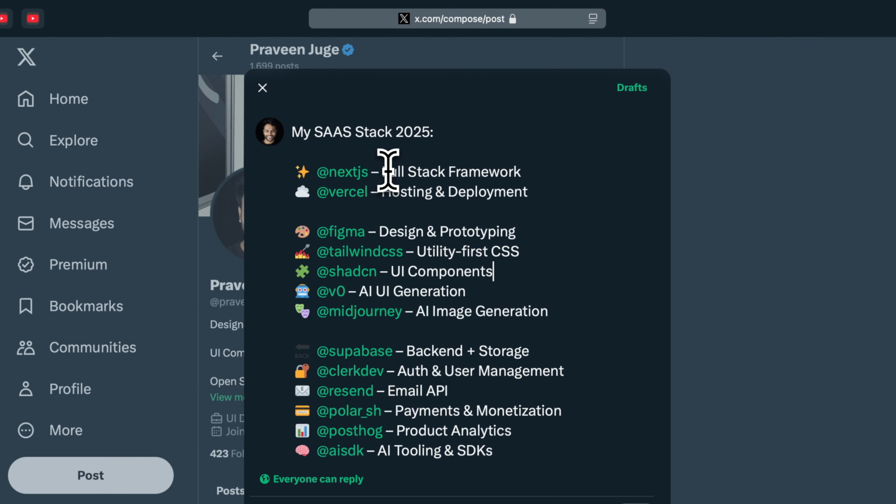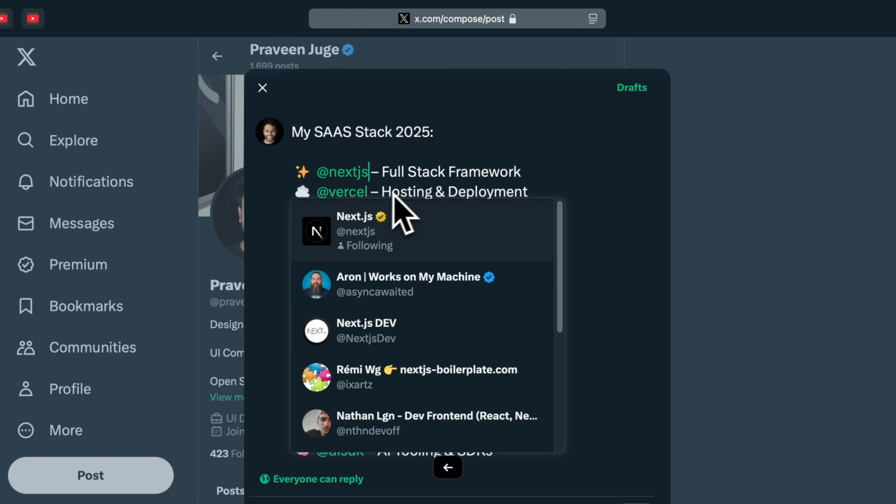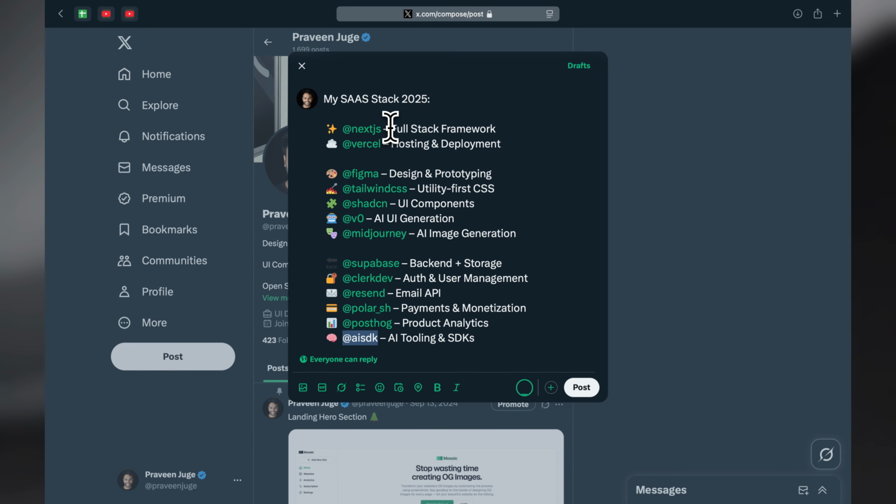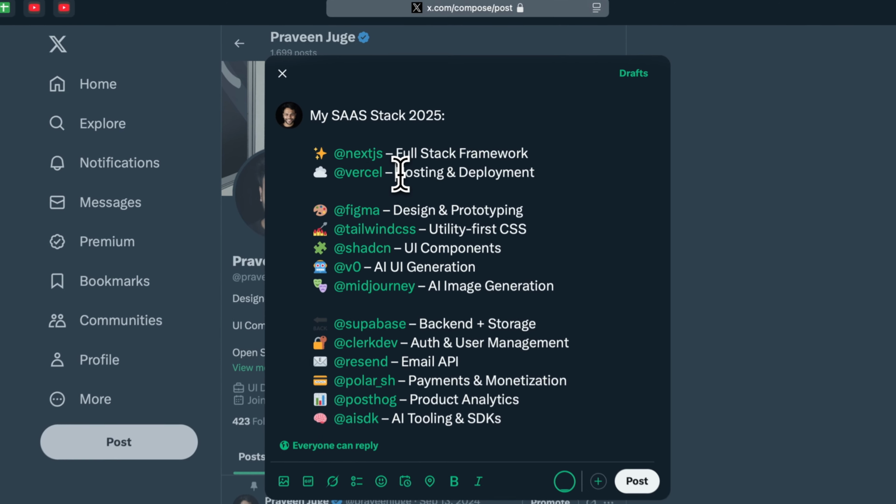So first is the full stack framework, which is Next.js. I'm a very big fan of Next.js, and it's easily usable. It has lots of options for customization, and if you know how to code it very well, you can make it very fast. So for marketing projects, for an actual SaaS web app, everything, Next.js is great, and that comes with